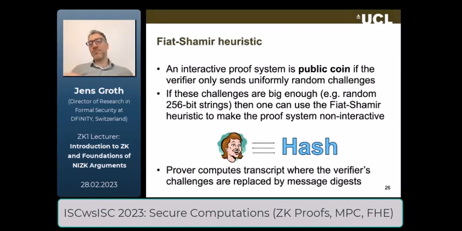And intuitively, this makes sense because a cryptographic hash function, well, what does it do? It takes some inputs and it tries to mess them up and mangle them as much as possible and give you some random looking output. So that's the Fiat-Shamir heuristic, and it's important here that the proofs should be public coin, right? And then it just generates these, what are supposed to be uniform random challenges, using hash values. And now the prover can just compute